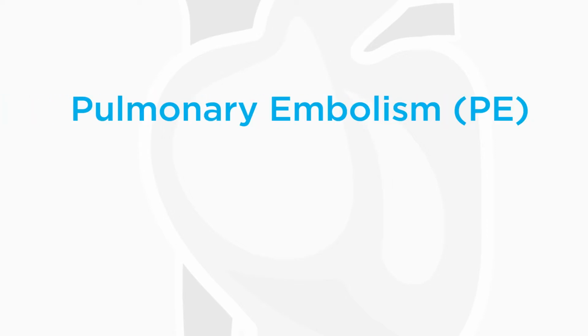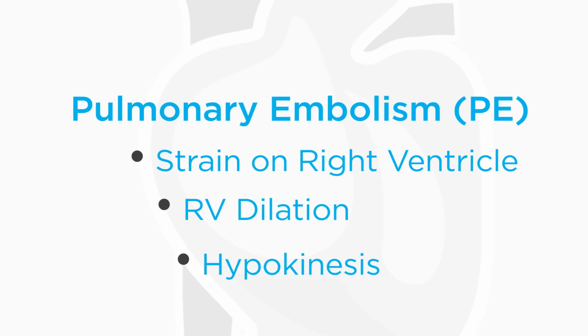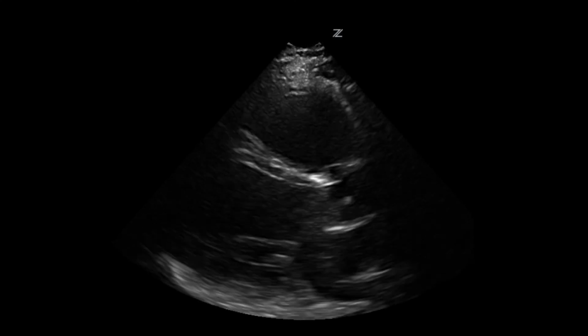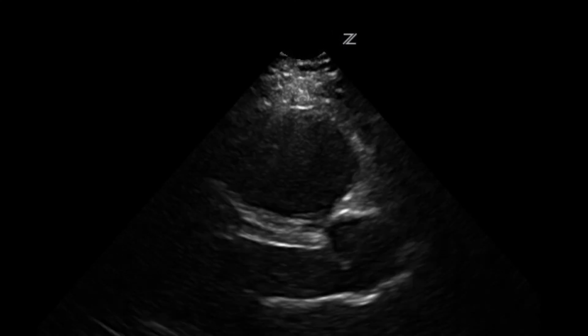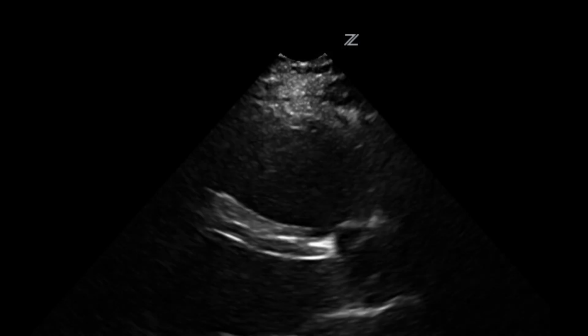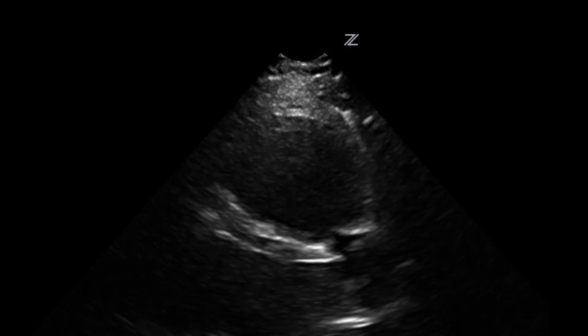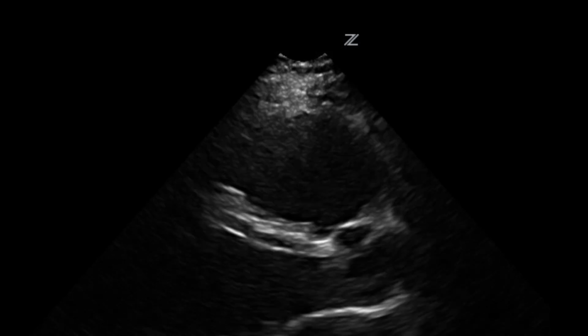Acute large pulmonary embolism, or PE, can lead to strain on the right ventricle. This will lead to right ventricular dilation and hypokinesis. Right ventricular dysfunction has been established as a predictor of increased likelihood of death from pulmonary embolism. Moderate to severe right ventricular dysfunction can be effectively assessed by the presence of one or more of the following: